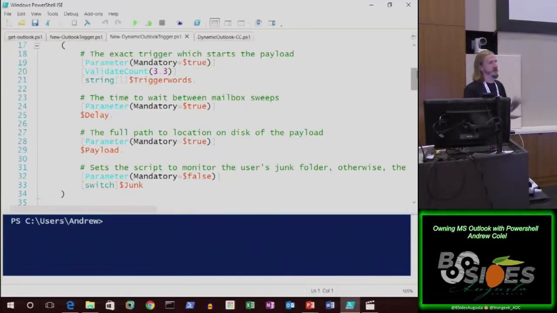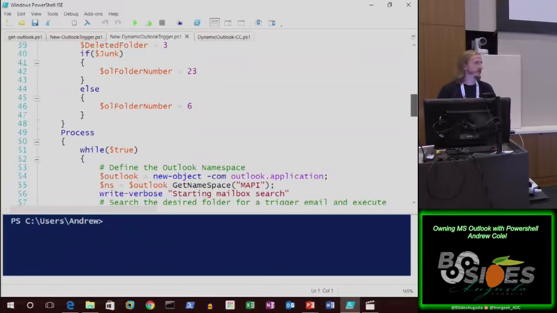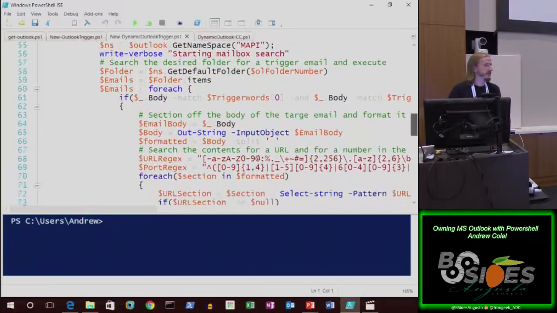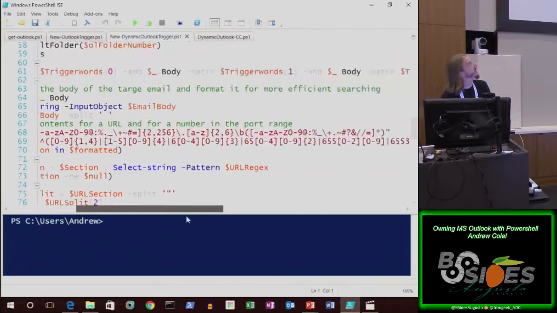Then you have to specify a payload, so what you want it to actually trigger. And again, it'll scan the inbox by default, or if you tell it to move to the junk folder, it'll go to the junk folder instead. The rest of this should look very familiar. It's selecting the junk folder or the inbox, or hooking Outlook the same way we did every time. And then for each email, if the body matches trigger words 0, trigger words 1, and trigger words 2, because our trigger words are just saved as a string array, so as long as it finds all 3 of them,